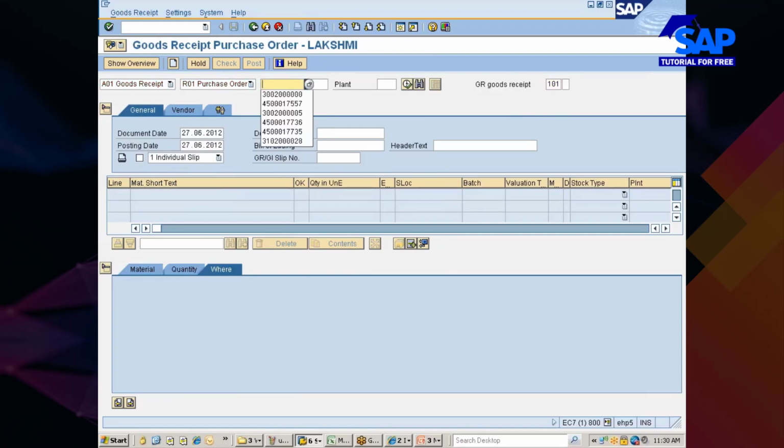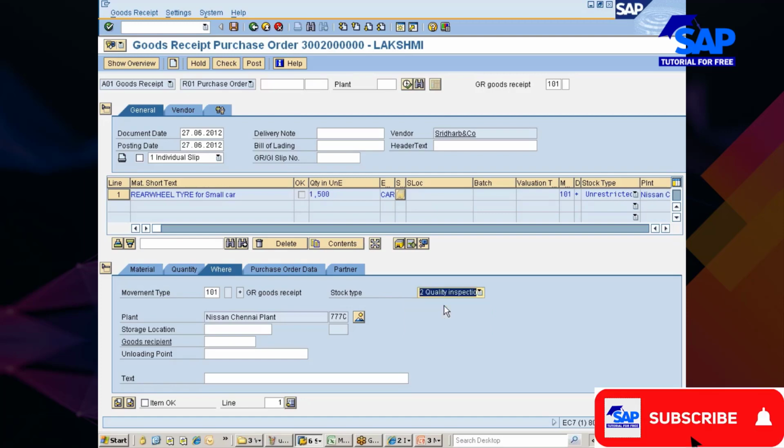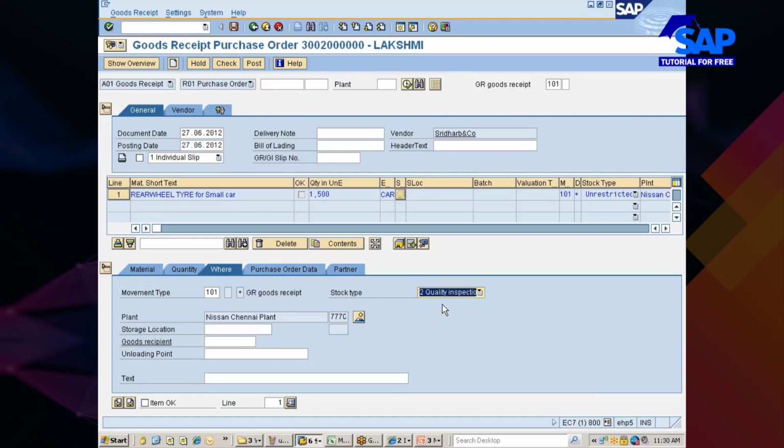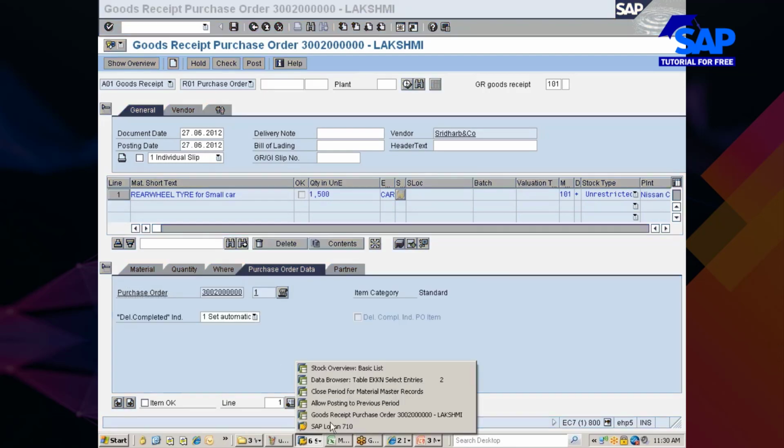Okay. Now you see here, as soon as I enter the PO number, the stock type is actually getting defaulted to unrestricted. I wanted quality inspection to come automatically. How do I do that? Option 1, you go and choose quality inspection. Option 2, for the purchase order, you see here, this is your purchase order. If you go into delivery tab in the purchase order,